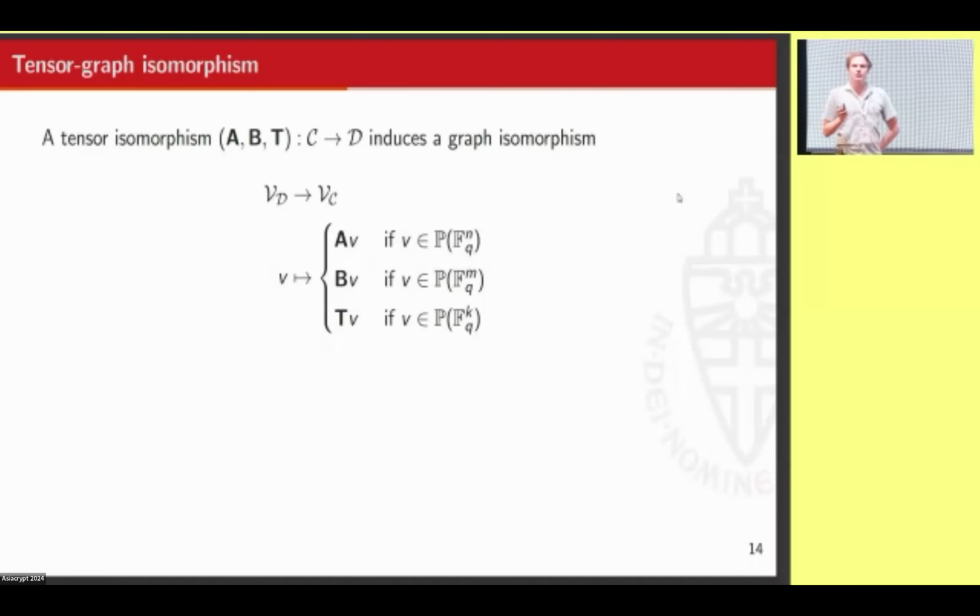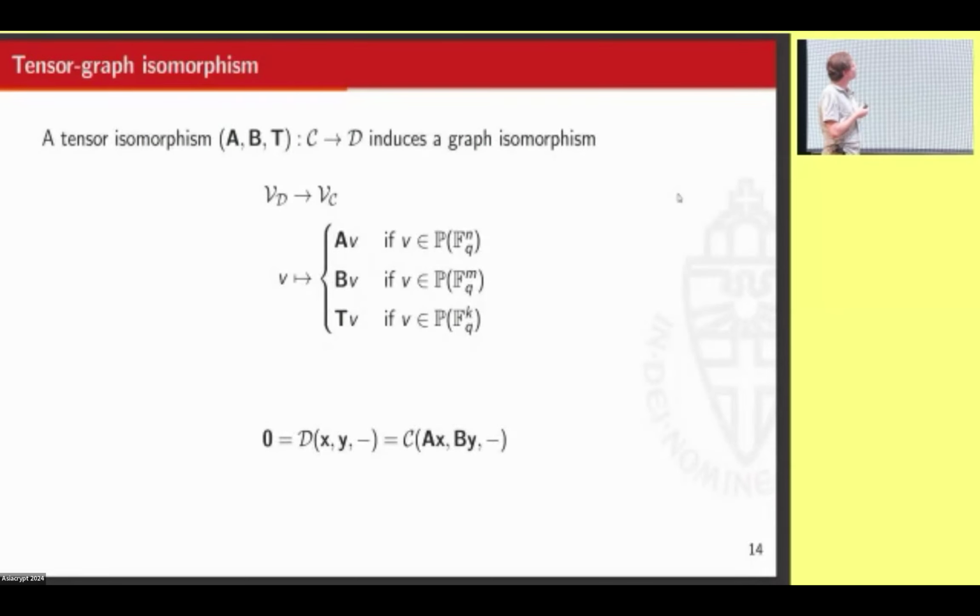The good thing about these graphs is that the tensor isomorphism leads to a graph isomorphism. So we can build a map from the graph of D to the graph of C by mapping it to AV, BV, or TV, depending on in which point set it is. And then using our definition of C and D, we can see that indeed an edge will always map to an edge, and also the other way around. So this is indeed a graph isomorphism, which basically tells us that this is potentially a really strong invariant for